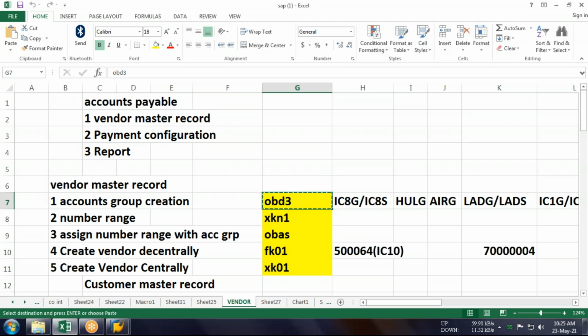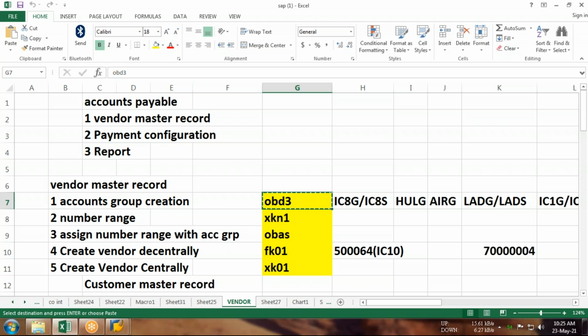So from GL onwards, whenever you started the configuration, you have seen that we start with numbering the GL. So how shall we number the GL? Guys, 1 lakh to 1 followed by 5 nines is a liability GL, 2 lakh to 2 followed by 5 nines is an asset GL, and so on. So we have classified like this.